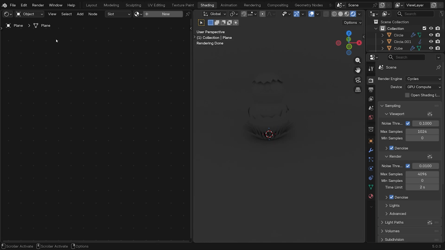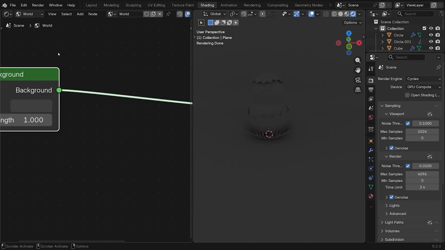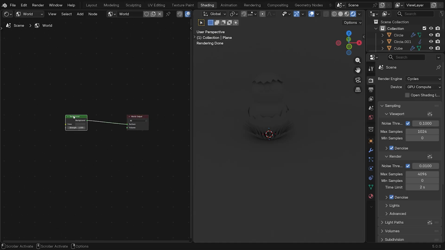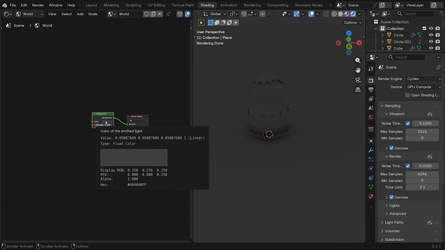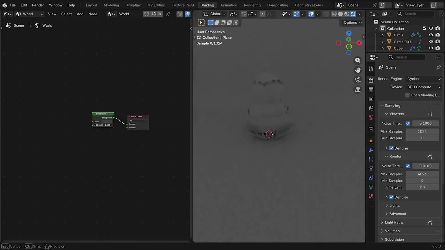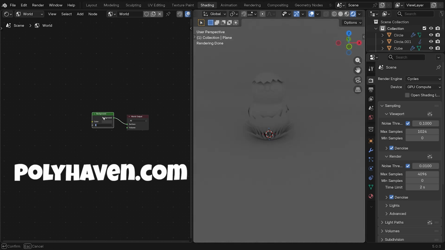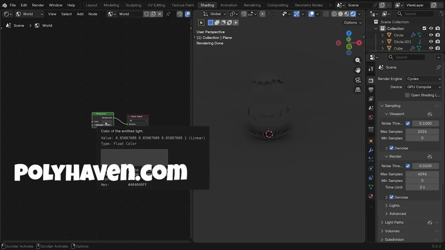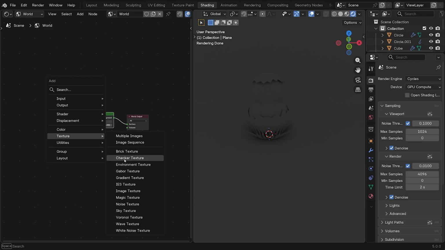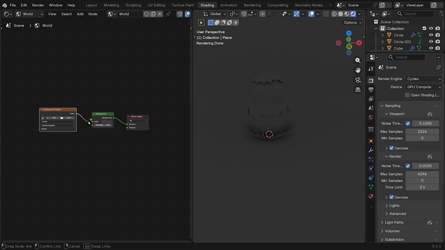Now, first of all, we are going to set up a background, which will be an HDRI, which will provide some extra light to our scene. So here from this menu, change the shader to the world shader. Zoom out here a little bit. You have these 2 nodes, background node and world output. So at the moment, this background node doesn't really provide much light. You can change the strength of it, but what we'll do is we'll add an HDRI image, which you can download from polyhaven.com. Shift A to add texture, environment texture, put it here,